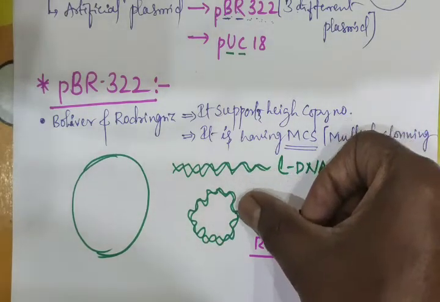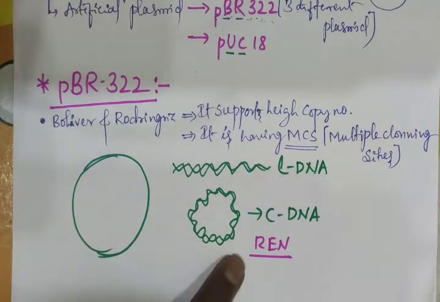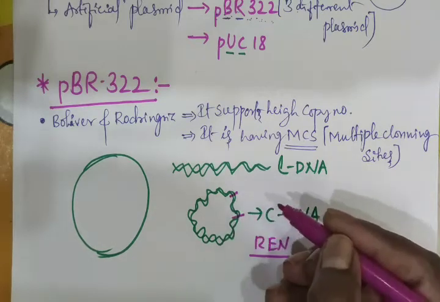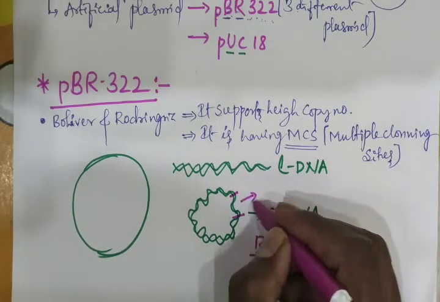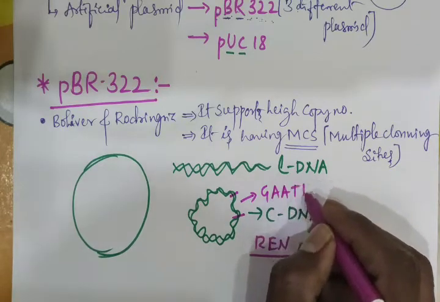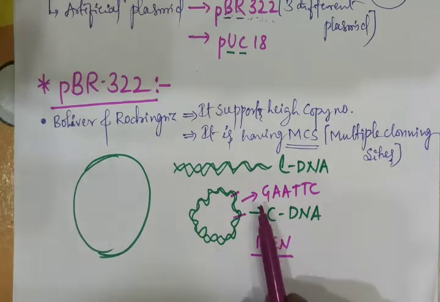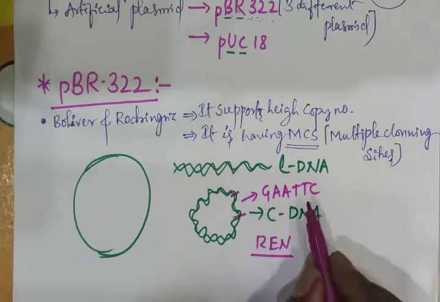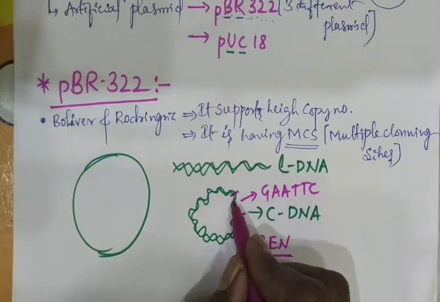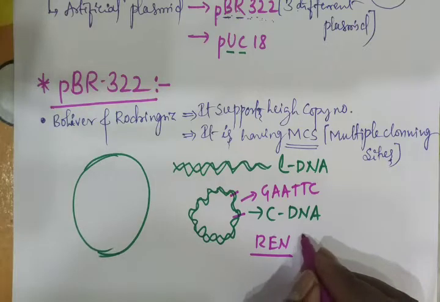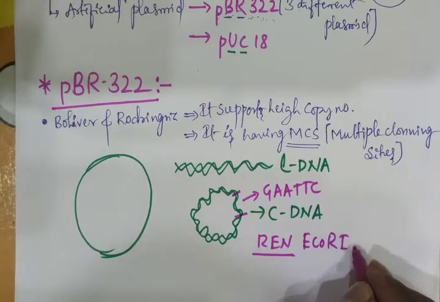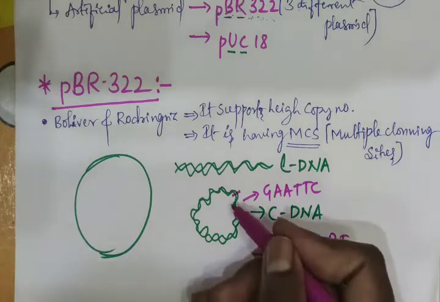When we know the palindromic sequence present in this plasmid, according to that palindromic sequence we are using the respective restriction endonuclease enzyme. Say for example, one example I am giving you here. In this position, GAATTC, this sequence is present. Now this sequence is present here. That means I can cut the plasmid exactly here by using EcoR1. By using what? EcoR1. I can cut the plasmid here.